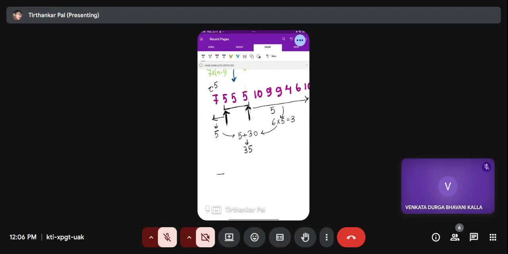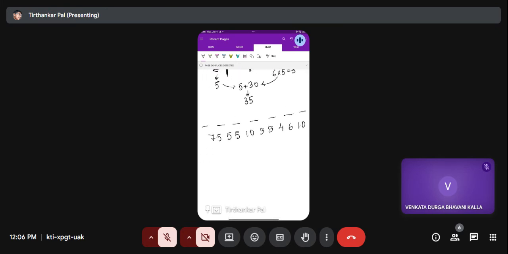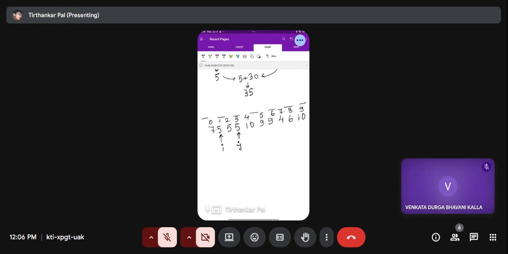Let's say now there is an array, let's say 7 5 5 5 10 9 9 4 6 10. Okay, so for every chunk or any element, let's say we are pointing here and here, there is i and there is j, and the indices are 0 1 2 3 4 5 6 7 8 9. So basically what will be the cost to convert the left hand side? So that is